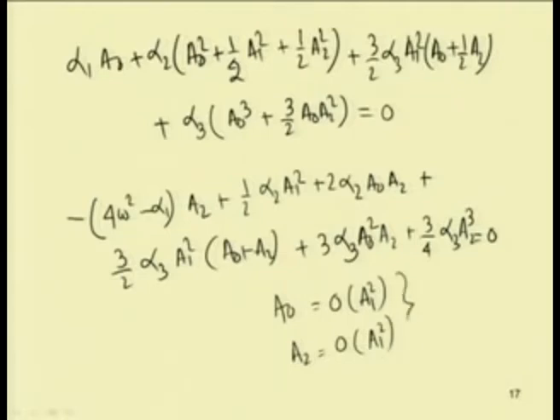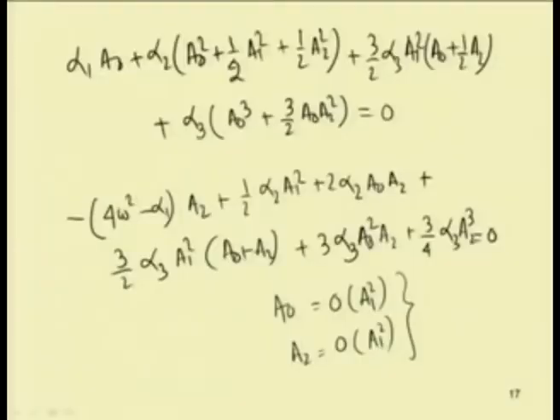So, if we write this a 0 and a 2 in terms of a 1, then a 0 and a 2 should be of the order of a 1 square. So, now neglecting the terms which are more than a 1 square, that is neglecting the terms of order a 1 fourth and a 1 sixth, we can